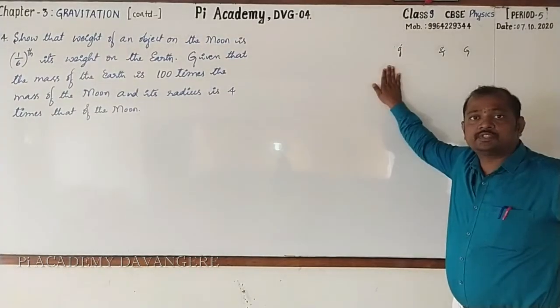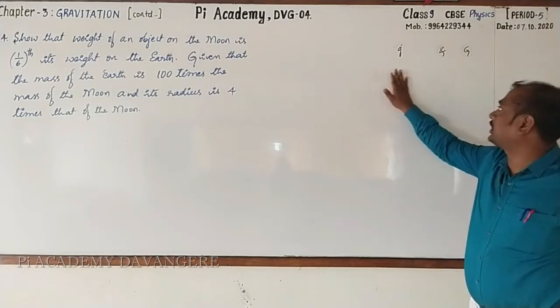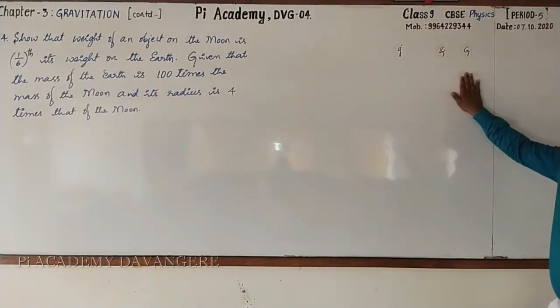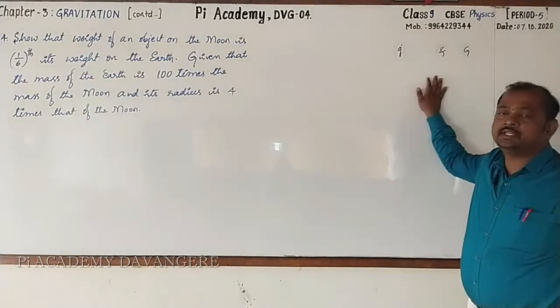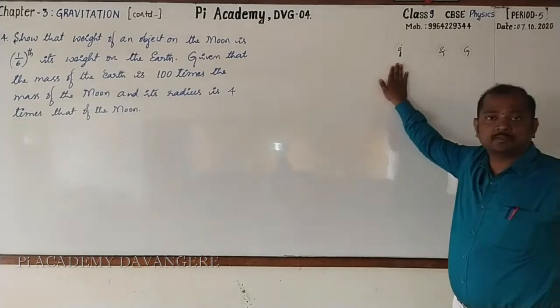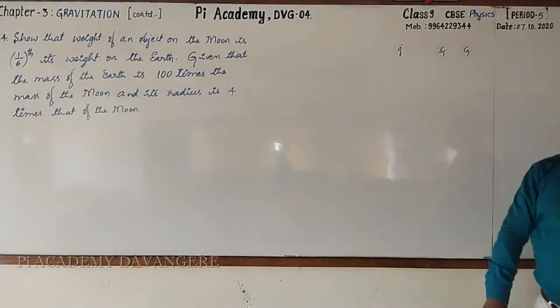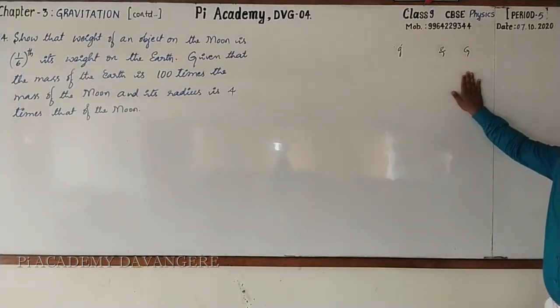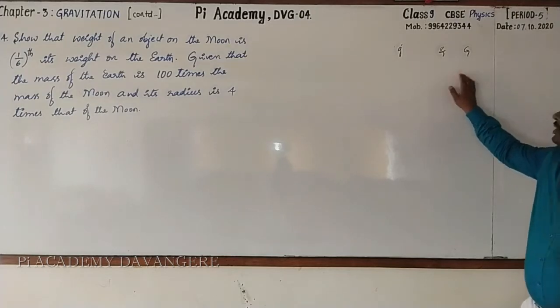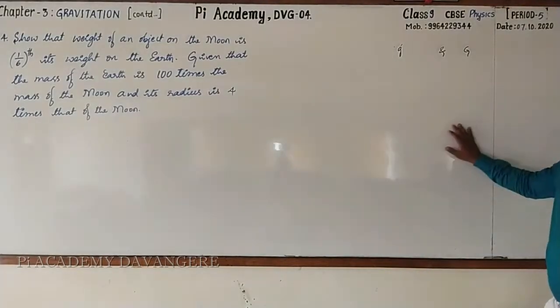Then what is the value of g on the surface of the earth? It is 9.8 meter per second square. Capital G is 6.67 into 10 raised to the power minus 11 Newton meter square kg to the power minus 2. Then which of these two is a scalar quantity? Very good. Capital G is a scalar quantity and small g is a vector quantity. And which one is always constant? Very good. It is capital G, that is the gravitational constant, whereas small g varies from place to place on the surface of the earth.